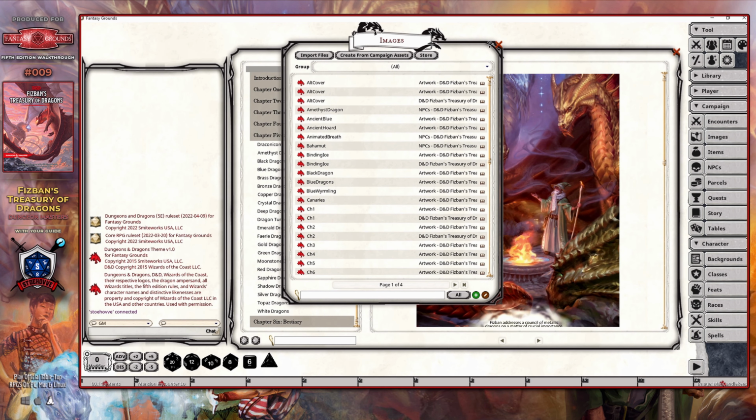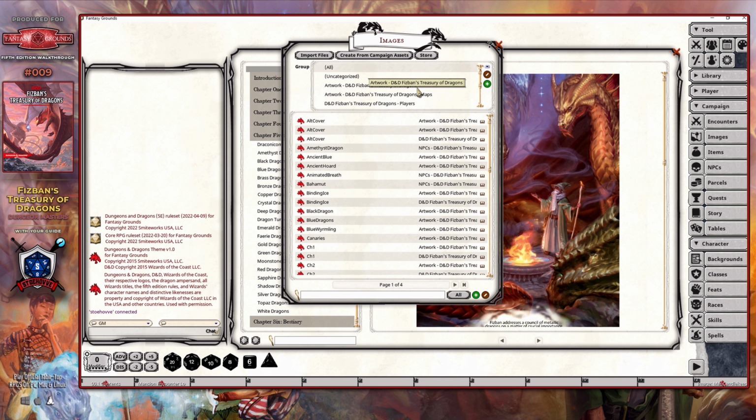The Images panel allows you to directly access various images that you can then share to players as needed, as well as the various types of maps, and you can see that through this particular dropdown here. In this particular case, the individual who converted this particular supplement into Fantasy Grounds Unity, and I believe that was Zacchaeus, broke this particular grouping of categories into the following groups: artwork, decals, maps for dungeon masters, maps for players,